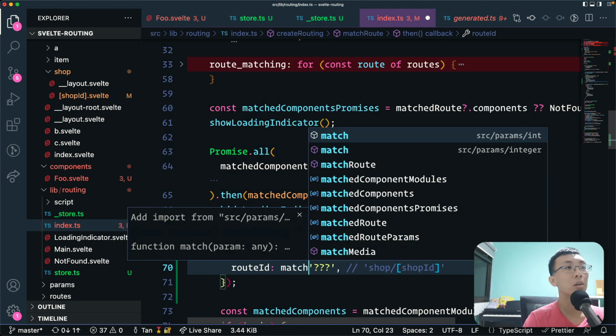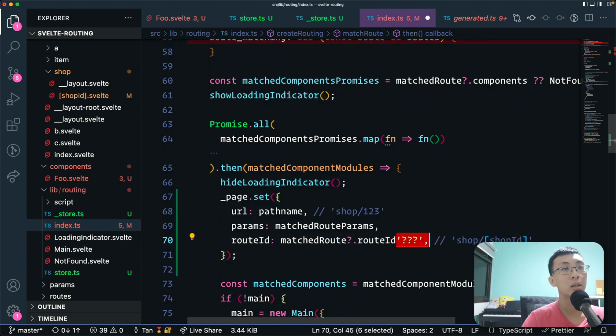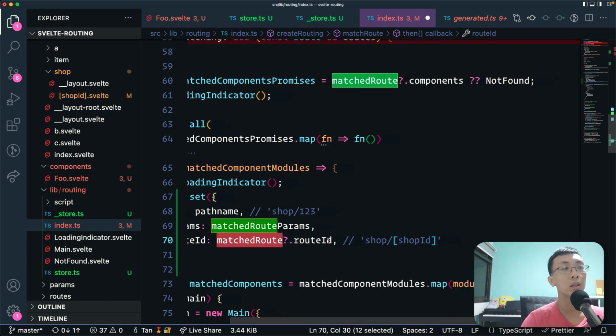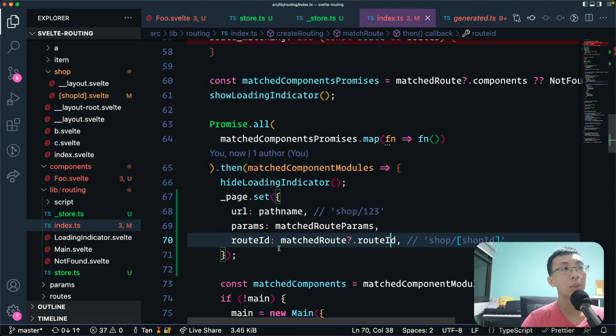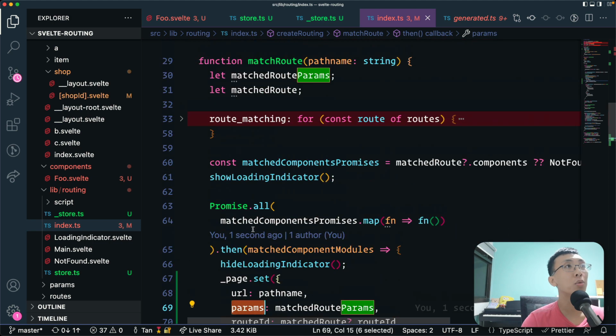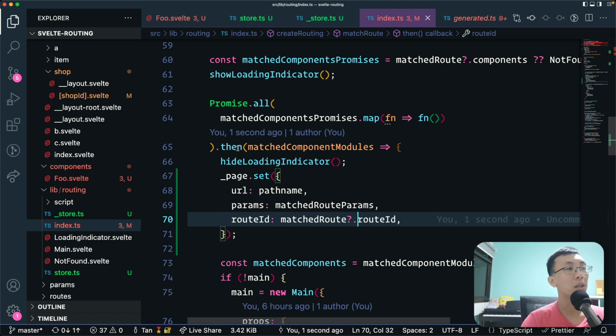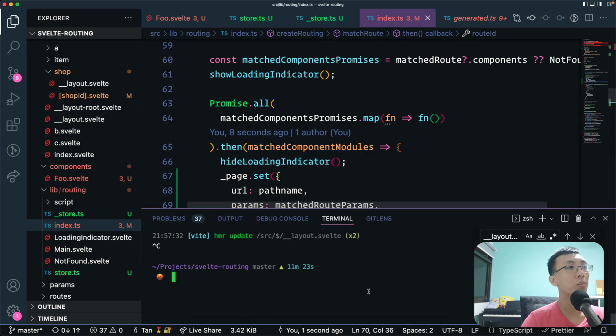match route dash route ID like this. Match route could be not matching any routes, which is not found, then in that case this route ID will be undefined. Same goes with the params, would probably also be undefined in that case. So here we update this page right now. Of course we have to figure out how to update this, but in the meantime